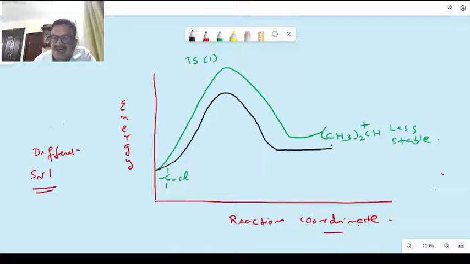This will be the next curve here. So this is the transition state 2, TS2 here. Okay, so this reaction will be a faster reaction here, because the product formed here